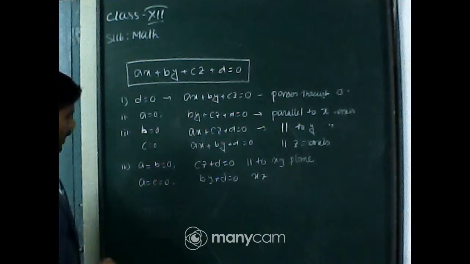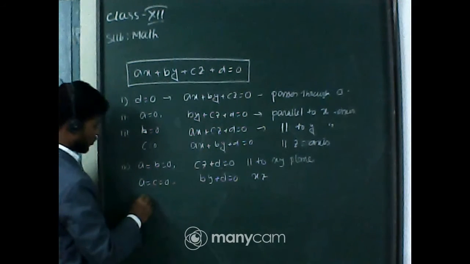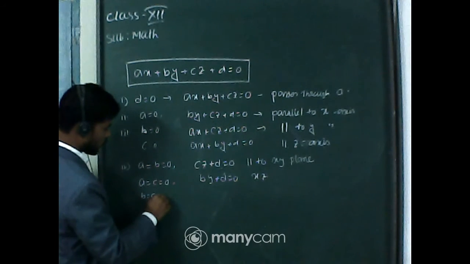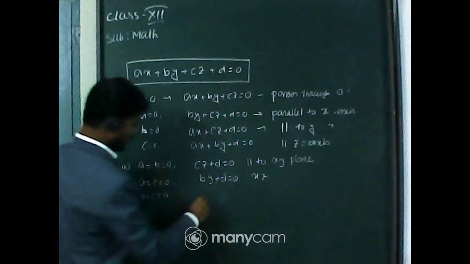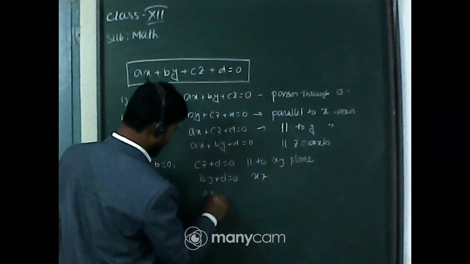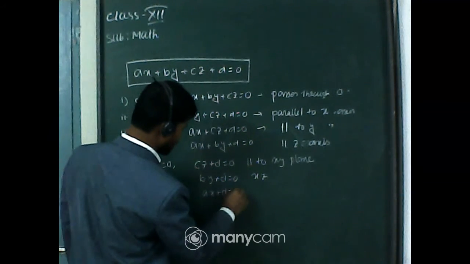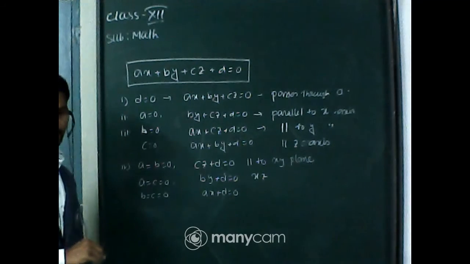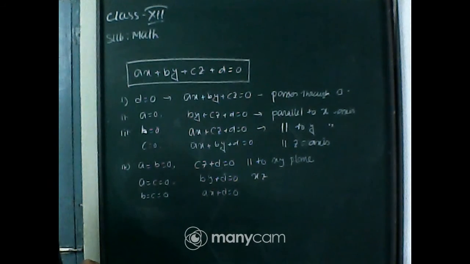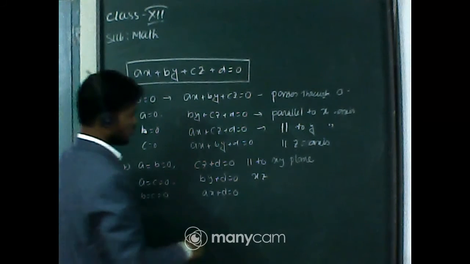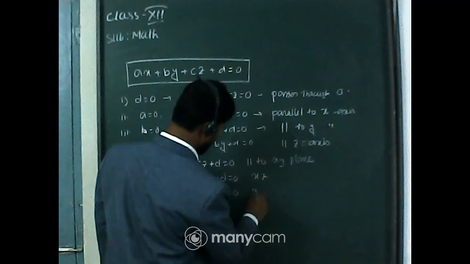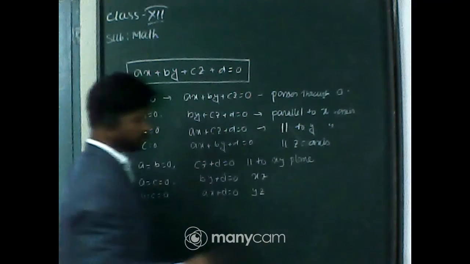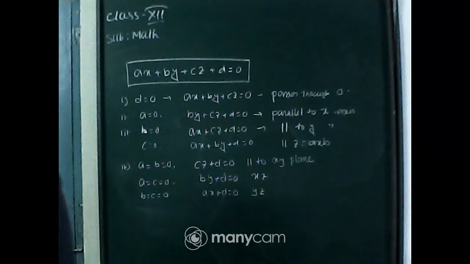And if I put b equal to c equal to 0, then the equation will be ax plus d equal to 0. In that case, it gives a plane which is parallel to the yz plane. Okay,